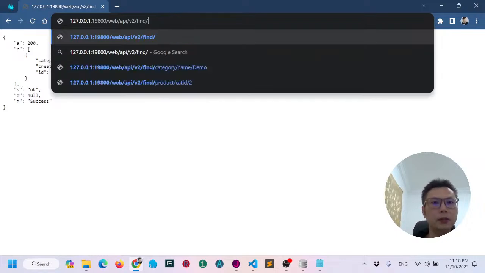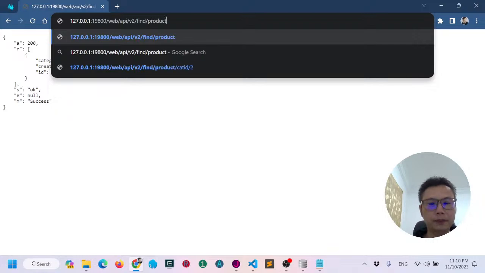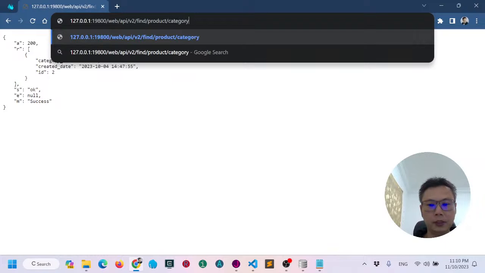Or maybe in certain cases you want to search for, let's say, a product name under a category. Then you find a product with the category ID, maybe 10. Okay, it means in this controller you find the product and then having the category ID 10, something like